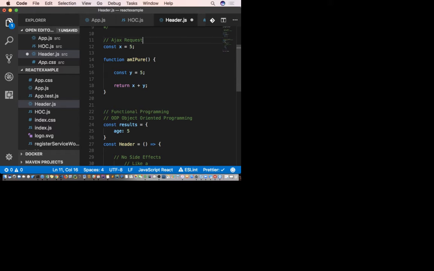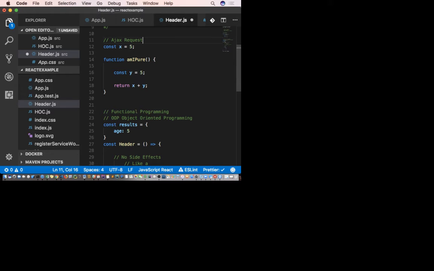Now, this is a much deeper topic, okay? If you're interested, not today, you can Google functional programming and OOP, object-oriented programming, whichever one you like. I can do both ways, which is going to help me read your code. Yep.